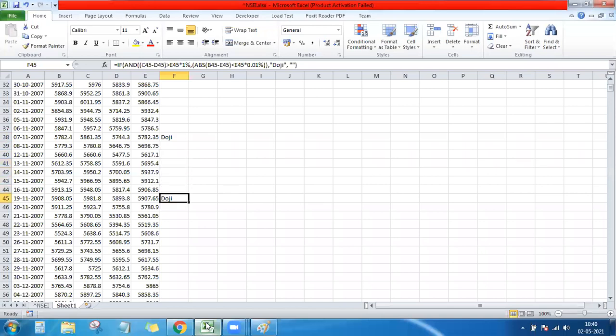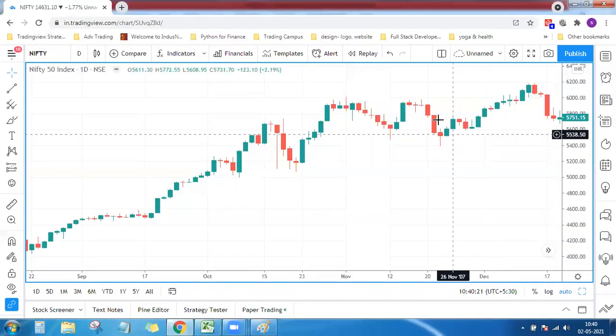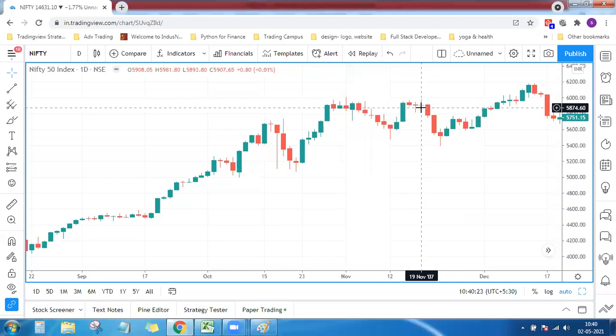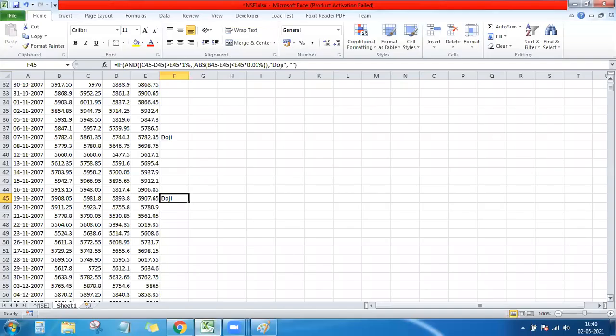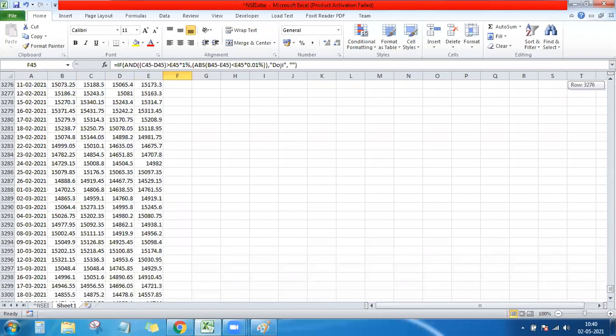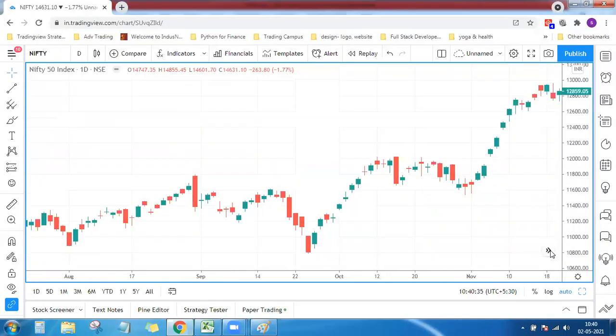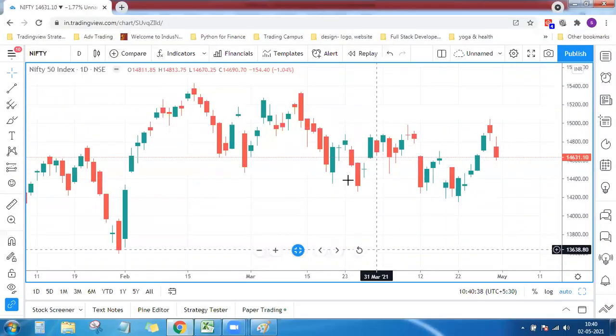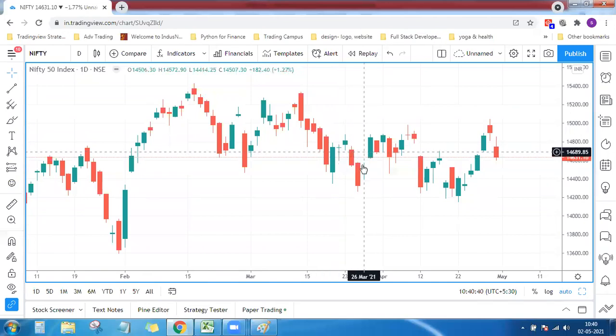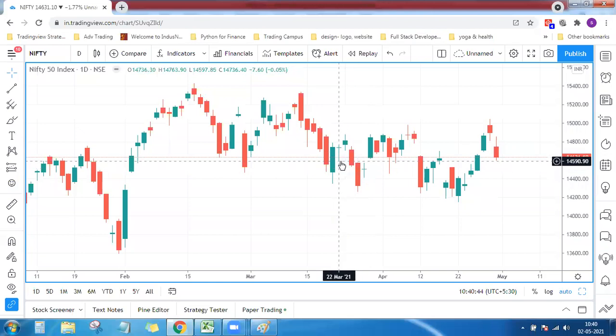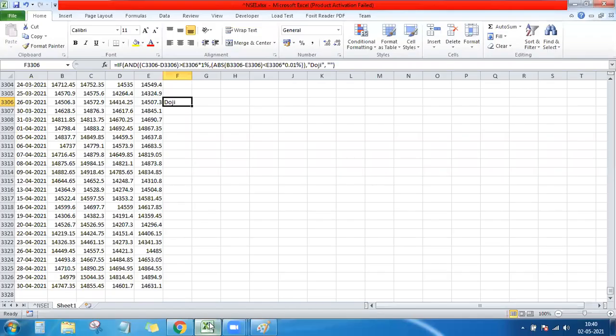Then 19th November, here it is, 19th November 2007, it's a doji. Now what is the latest data where we have a doji? It is on 26th March 2021. Here it is, 26th March 2021. And on 22nd also there should be a doji,